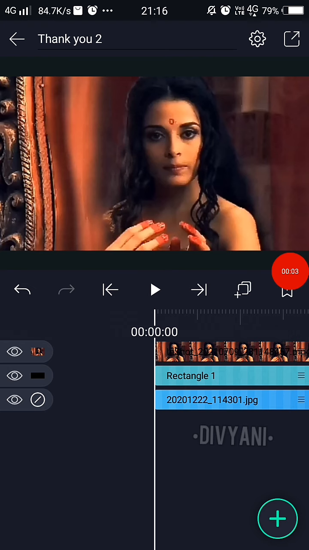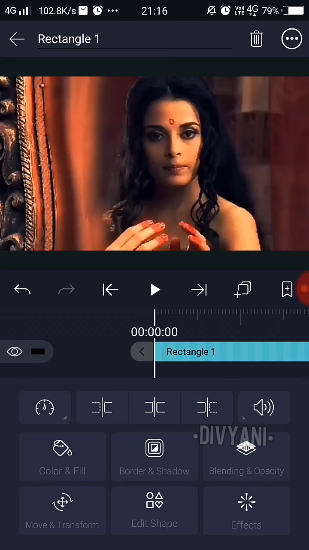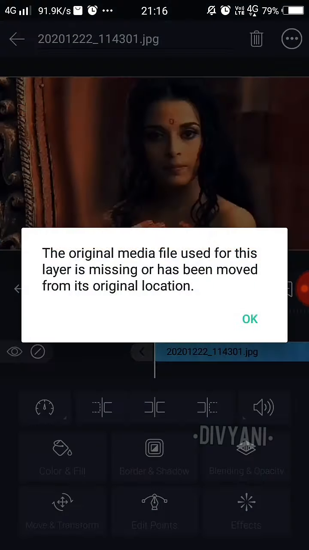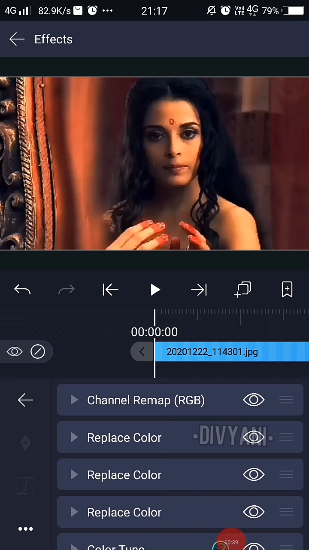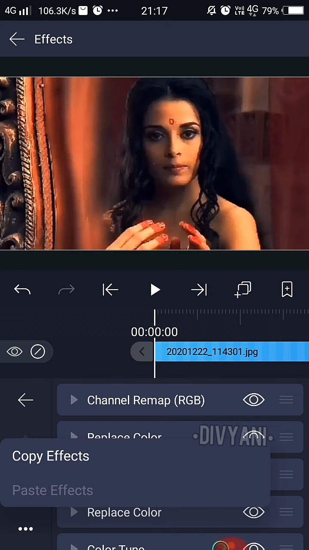Now the number of layers we see on the left hand side of the screen, these three, it varies every time. So now we just have to preview them and check which one has the coloring. So this one didn't pop any message. Now when we click on this one, it pops a message something like this. So whichever layer pops this message, we'll know that this is the layer which has the effect we want. So we'll click on this effect section over here, and then the three dots over here, and then simply click on copy effects.